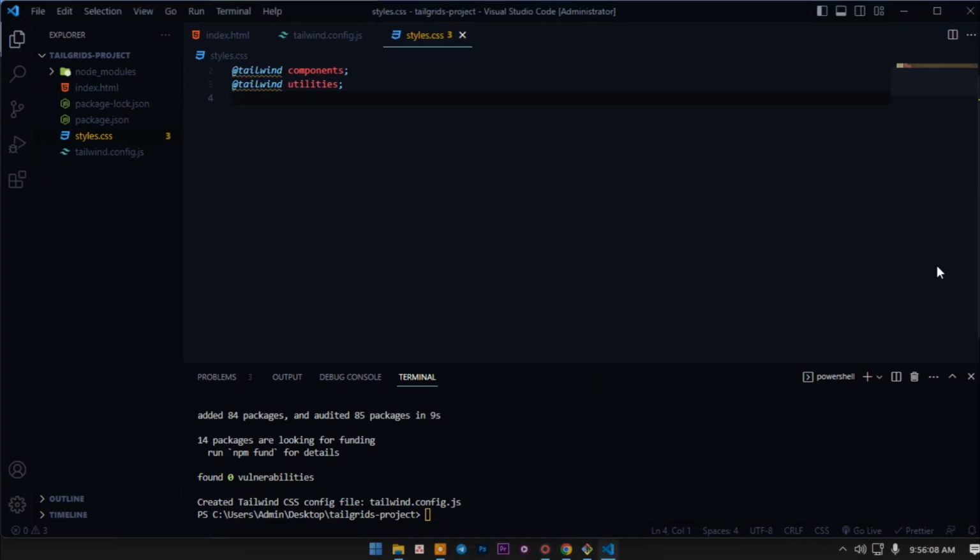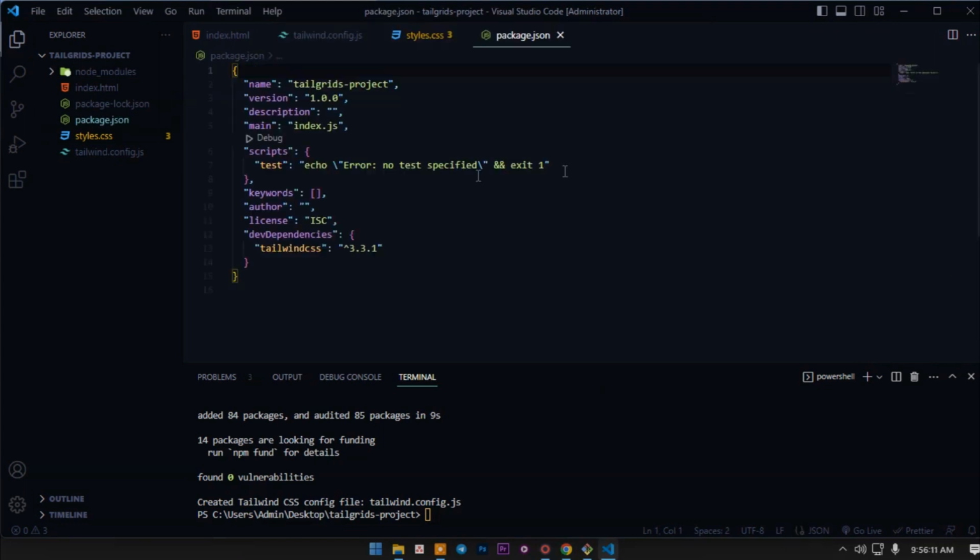We have to put the build command in the package.json file. Let's remove this test and build. Paste the command we copied from the Tailwind website. Ctrl V, and that's it. We have to make a few changes here because we don't have an input.css file. We have a styles.css file, and that is in the root, not inside the src. So let's remove this